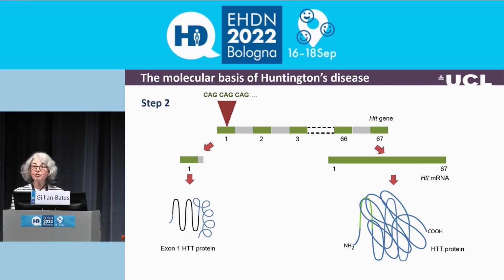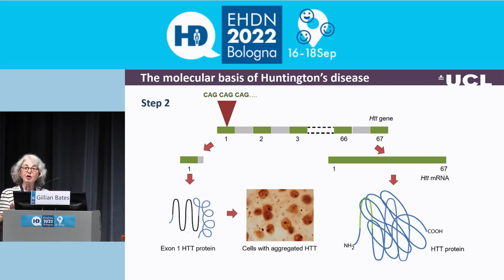And we know this produces something we call an exon 1 protein because it's the protein just made by exon 1. And we've known from 25 years' work that this exon 1 protein is very toxic. At low levels, it causes very rapid pathogenesis, and it's very prone to aggregation. And this is just a picture showing you aggregated Huntingtin in nuclei and scattered between the nuclei and the